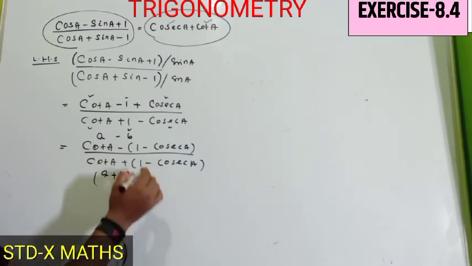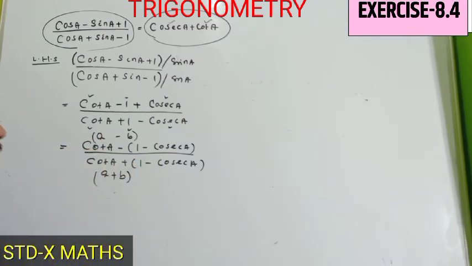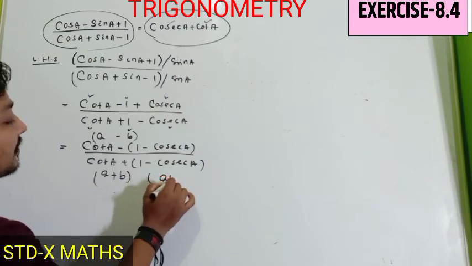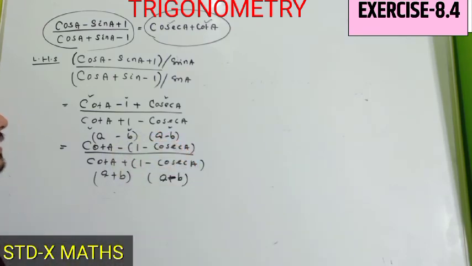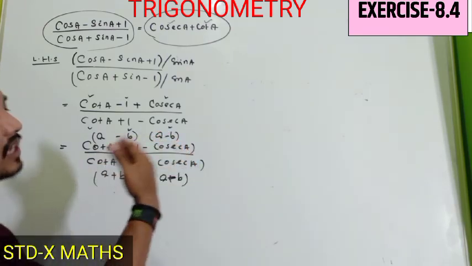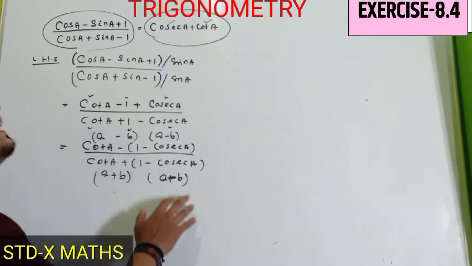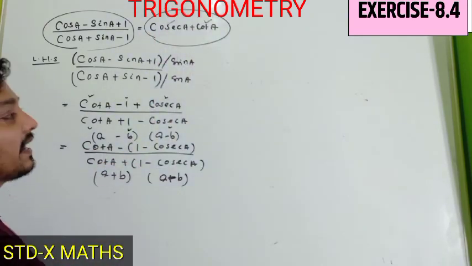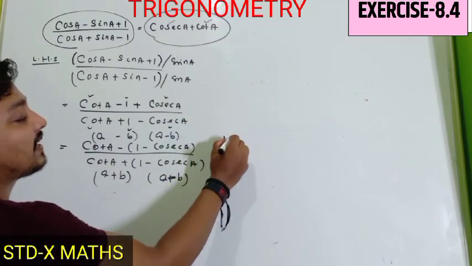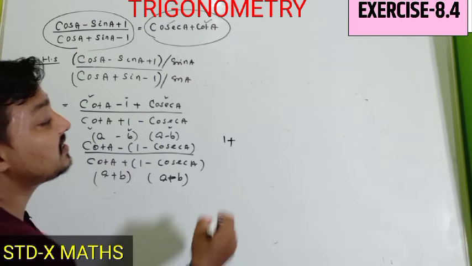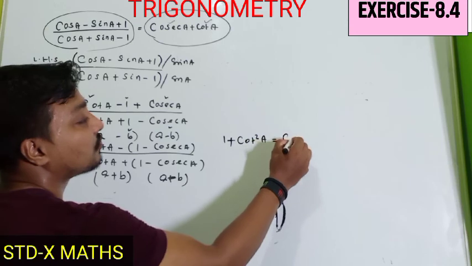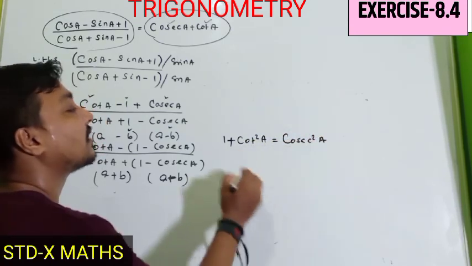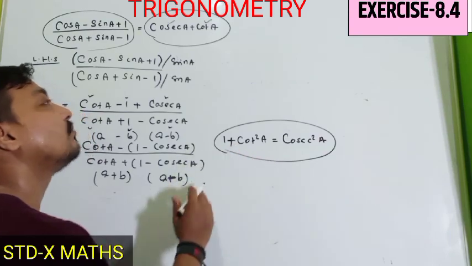So one thing you have to do in the next step, just like in the last question we have done: a minus b, another a minus b you have to create in the denominator, and also in the numerator, and finally you have to solve just like our previous case, and directly you can get the answer. In the next step, you have to apply the identity for cot and cosec. You need to apply the trigonometric identity 1 plus cot square A is our cosec square A. By applying this you can solve it easily.